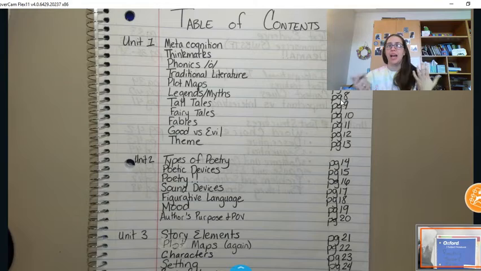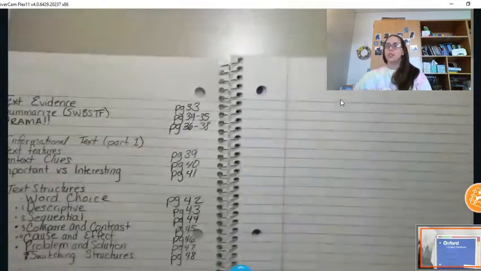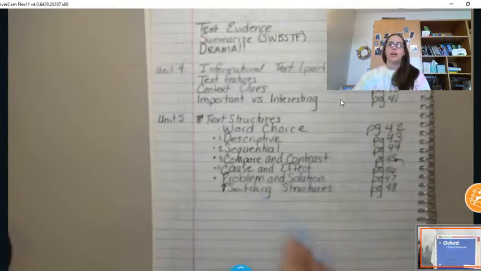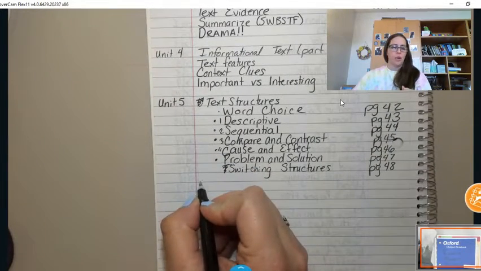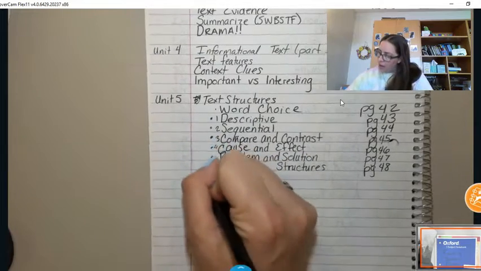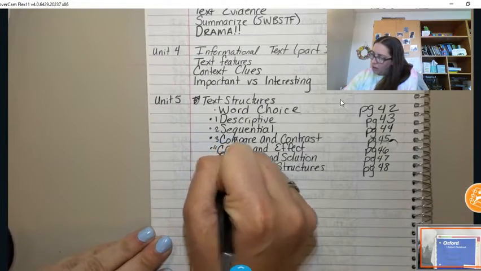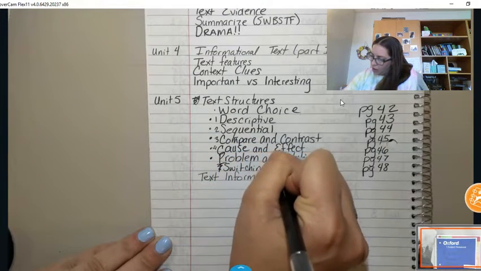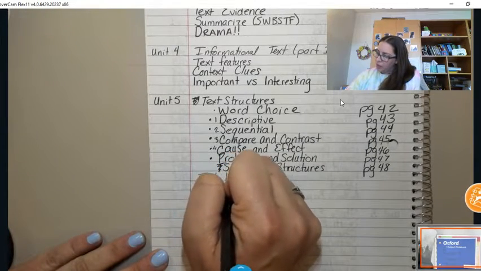Okay, guys, welcome back. We are on Unit 5 still, and we have just finished doing all of our text structures. We are still talking about informational text, so make sure you have your reading notebook out. We are in our table of contents, and instead of talking about text structures this time, we are going to be talking about text information. That is what our title is going to be. Today we are going to be working on author's purpose